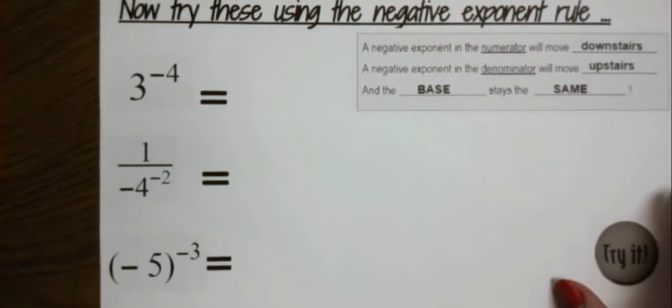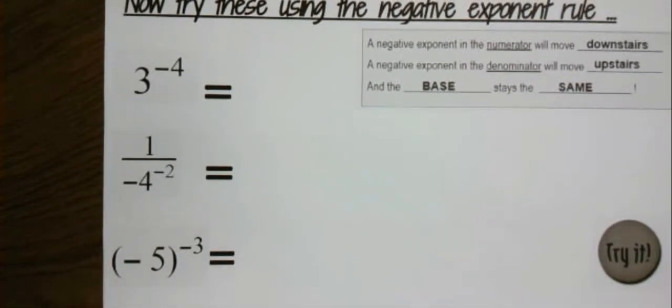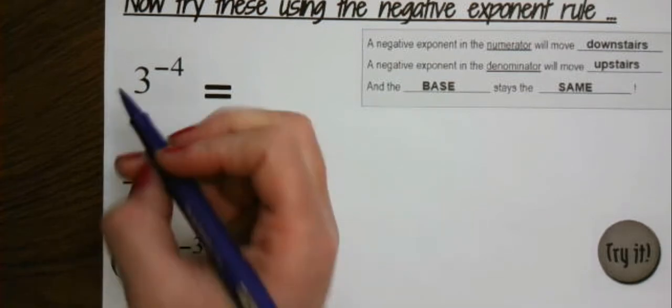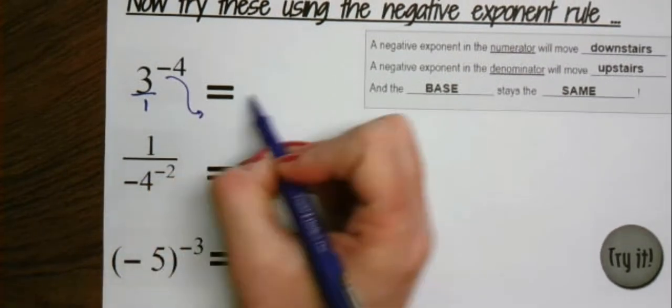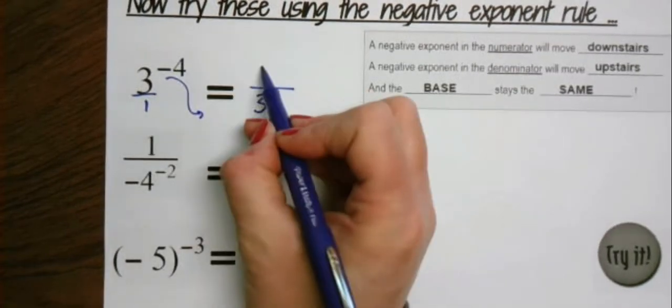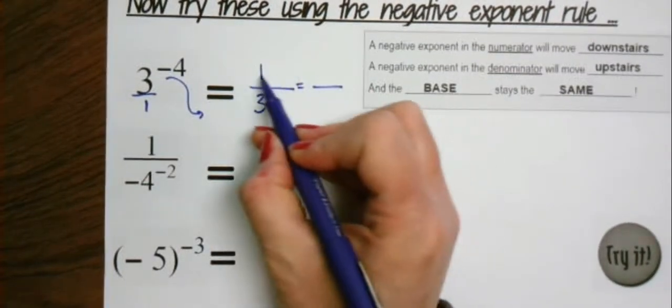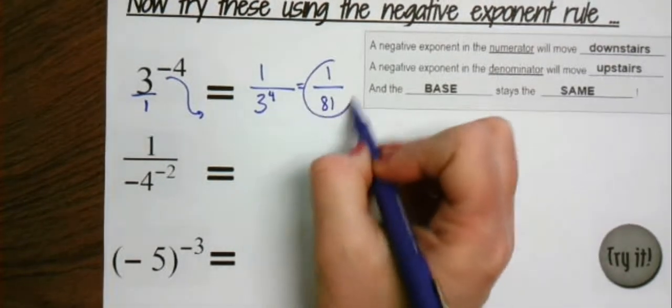Okay, so maybe you want to pause the video and try these 3, and then you can come back and see if you have them right. All right, let's check and see if you have them right. So here I want to write it as a fraction so I can determine if it's upstairs, so I want to move it downstairs. So the base stays the same, the exponent becomes positive, and there's a 1 in the numerator. I can keep going. 1 over 3 times 3 times 3 times 3 is 81,